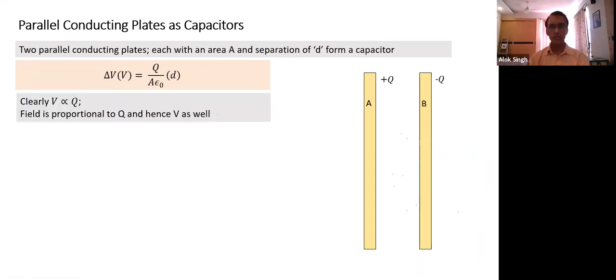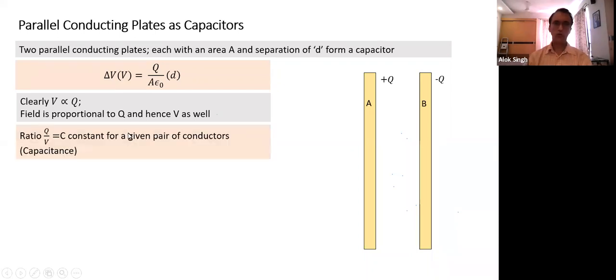Okay. So what we notice here is that the potential difference between the plates is proportional to Q. What it means is, if I double the charge, the potential difference also will double. So clearly V is proportional to Q. And anything which is proportional has a constant of proportionality. We understand the reason why V is proportional to Q: as Q increases, field increases in the same proportion. Field is linearly dependent on charge and potential is linearly dependent on field. So no surprise that potential difference is proportional to charge. Hence, there's a constant of proportion.